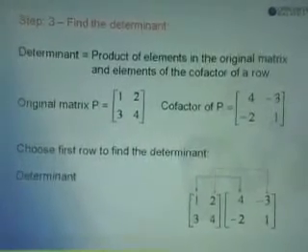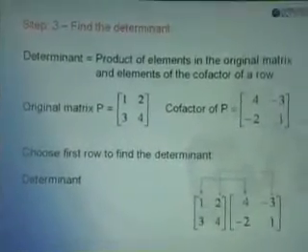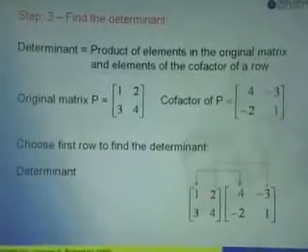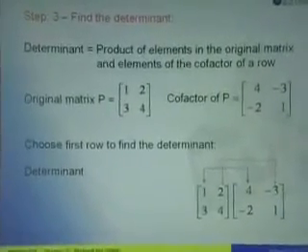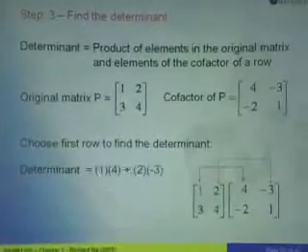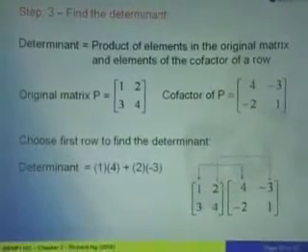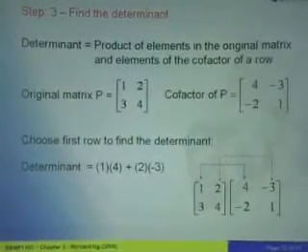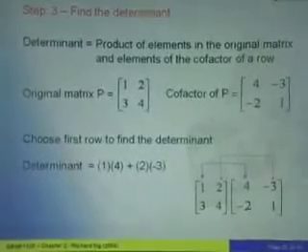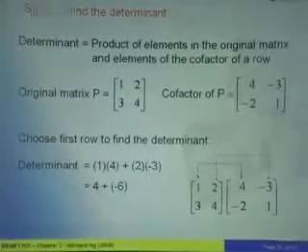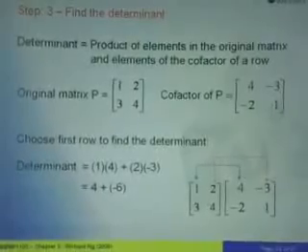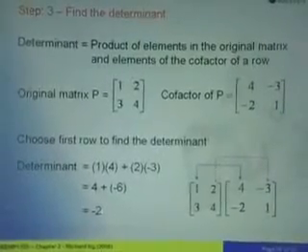So what we need to do is take elements in row 1 from the original matrix, multiply by the cofactor in row 1. So from here, we will get 1 times 4. So 1 times 4, we add to the second element 2 times negative 3. So we will get 4 plus negative 6. And then from here, the answer is